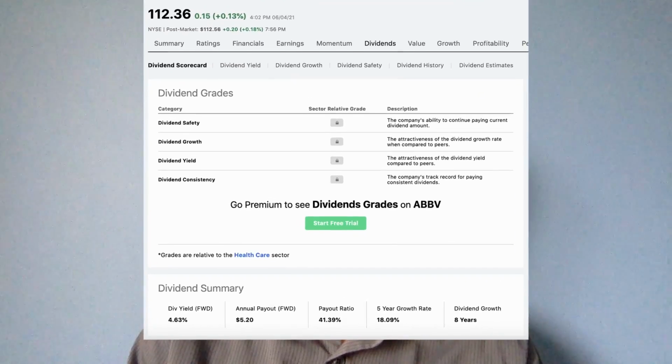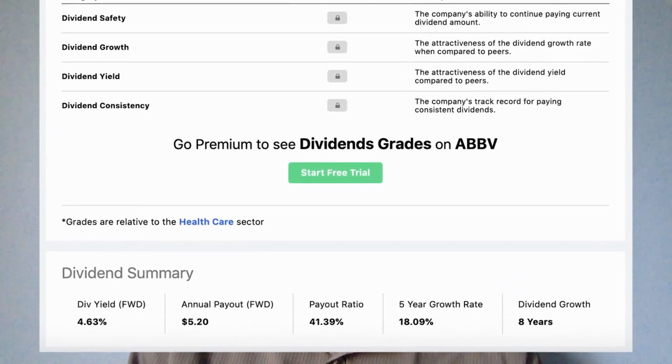The fundamental metric, which is used to illustrate how a company manages their dividend payouts year over year, is the dividend growth rate. Commonly referred to as the DGR, the dividend growth rate expresses the percentage growth that a company's dividend has changed over time. You can find the dividend growth rate of a dividend paying company on seekingalpha.com under the dividend tab,